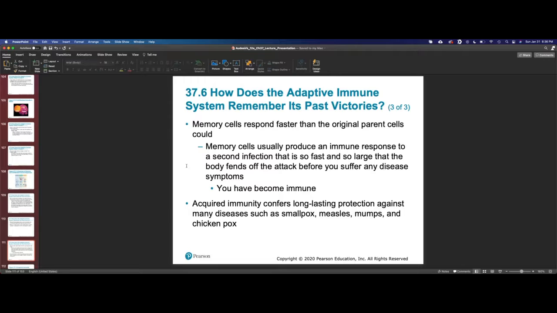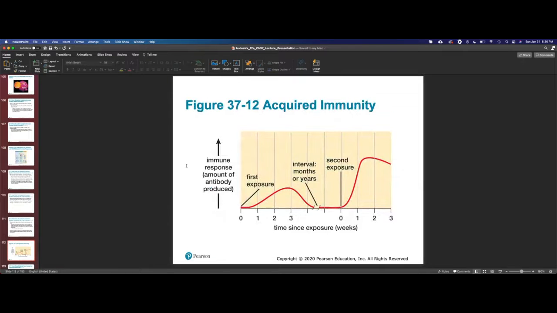Imagine needing to take that every 6 months. You're basically taking 4 doses a year, everyone. You can see how that would be a problem. You want long lasting immunity. And so with the acquired immunity through interaction of those B and T cells and the formation of memory, once